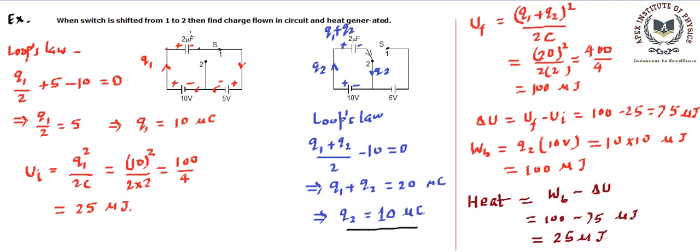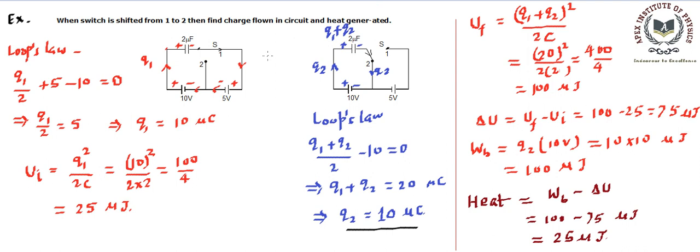Keep in mind, if the capacitor was there in the earlier configuration, whatever charge it had earlier, it will carry that charge to the new configuration. So initially that capacitor will have the same charge it had in the previous configuration, right? So that's what we are using. And then there's the battery, and the Loop law, everything you know that we have used over here. So I can assume that you have got it. You just read it, try to understand, try to solve by your own, and you will get the same answer.